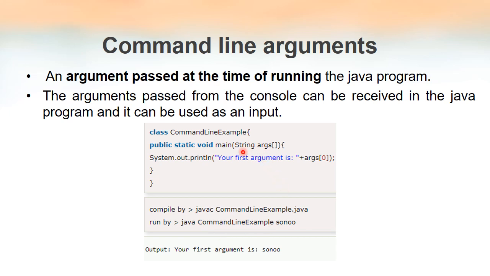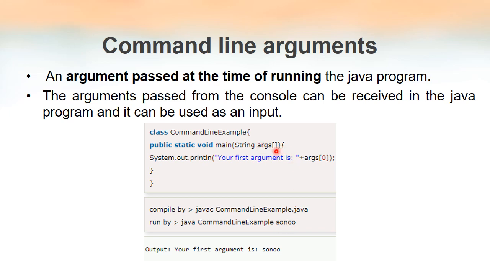One point you have to remember here is that the type of this array is String. That means whatever input we give at the time of running the Java program, even if it is numbers or floating point numbers, whatever it may be, it will be treated as a string because we are storing it inside an array of type String. So even if we give the values 10 and 20 here, they will be stored inside this array args as strings.